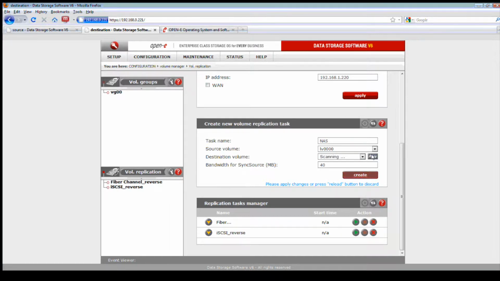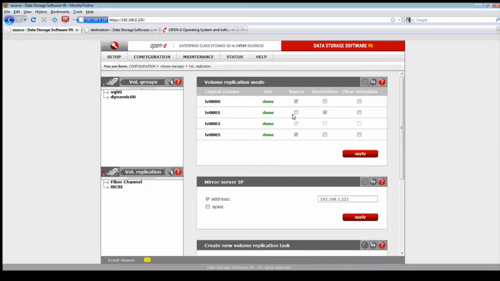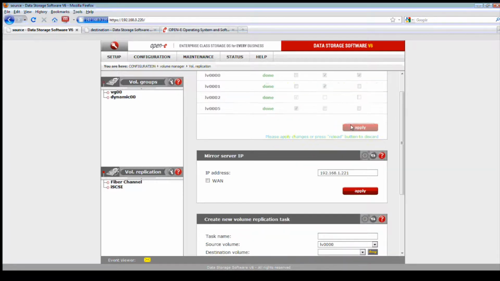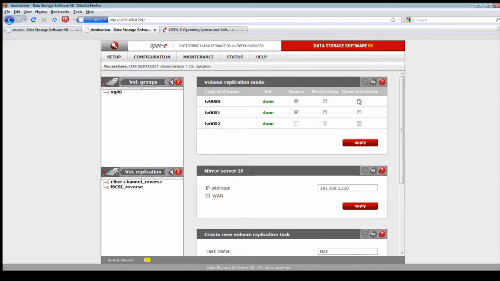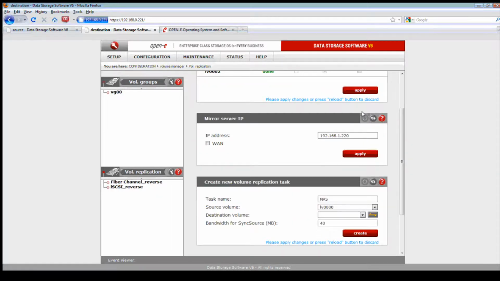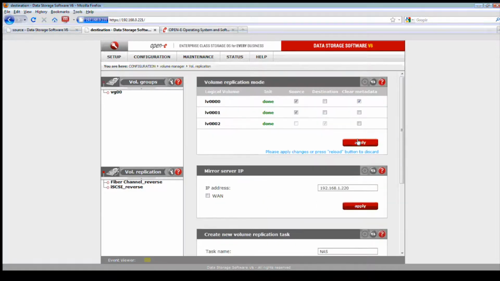Here I'm going to put it back to 40. Actually, for now, I'm not going to clear the metadata. Wait till it clears out. Oh, it still wants it. So we'll force it.